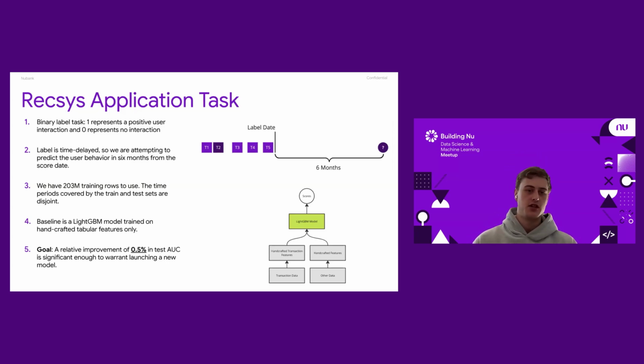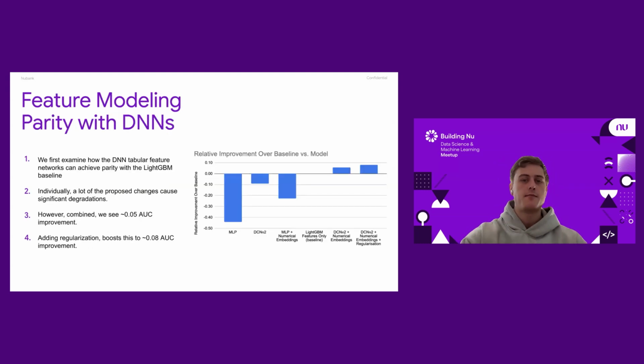And our goal is to achieve a relative or absolute improvement in AUC of 0.5 in the test AUC. This is normally significant enough to warrant launching a new model. So as I promised, the first thing we look at is how can we achieve feature modeling parity with the